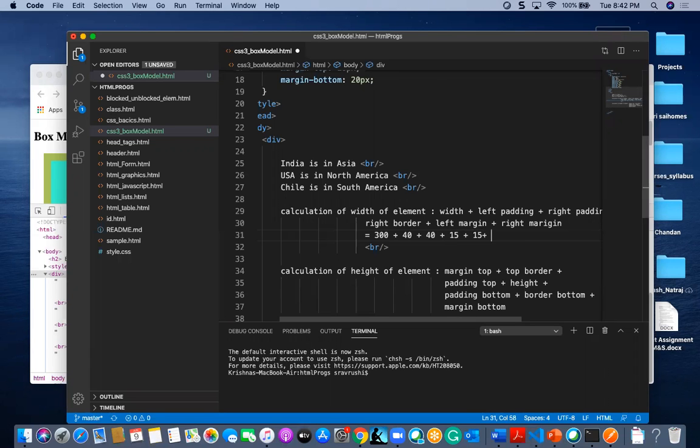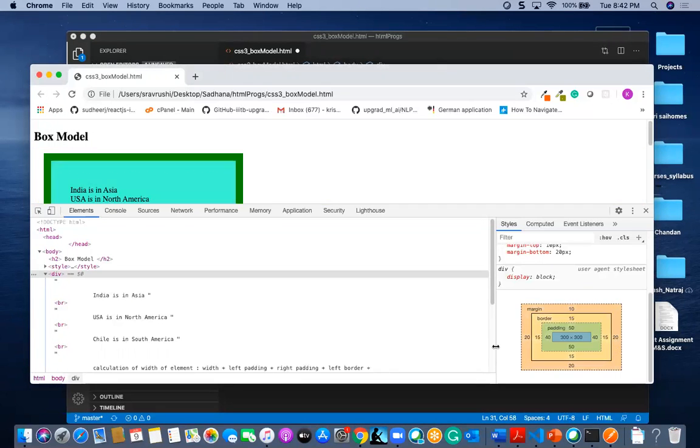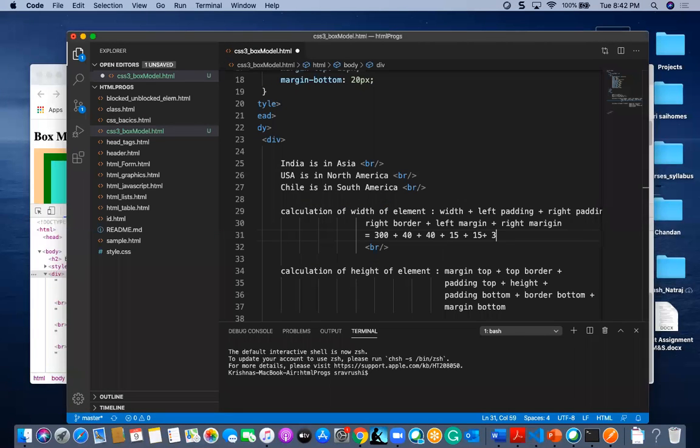And margin, left margin 20, right margin 20, so 20 plus 20.